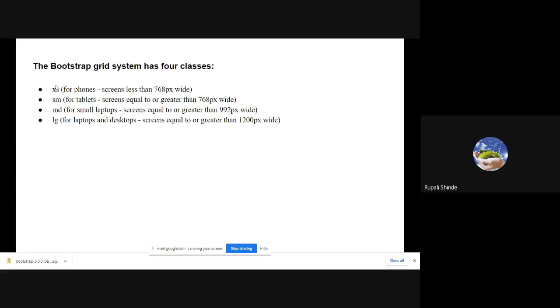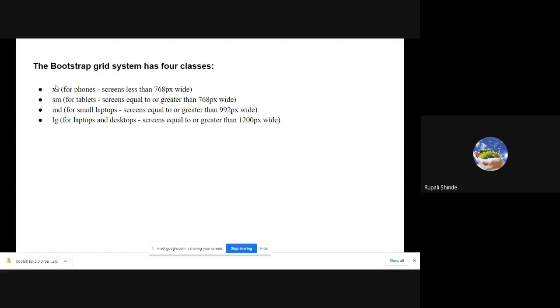If you want to display this website or web page on the phone, then you are going to use the class XS for the phone whose screen is less than 768 pixels wide. The mobile phone screen is always less than 768 pixels wide. Then SM is for the tablet, MD for the small laptops, and LG for the laptop and desktop.